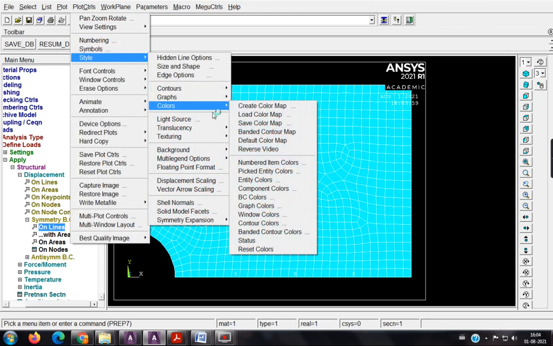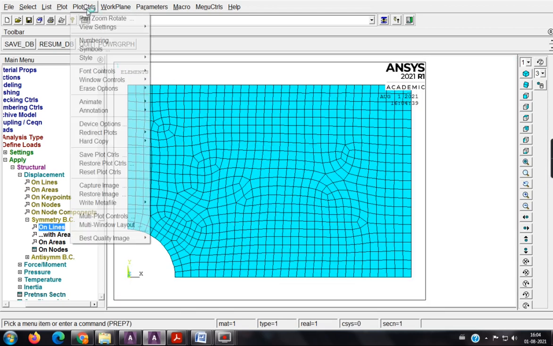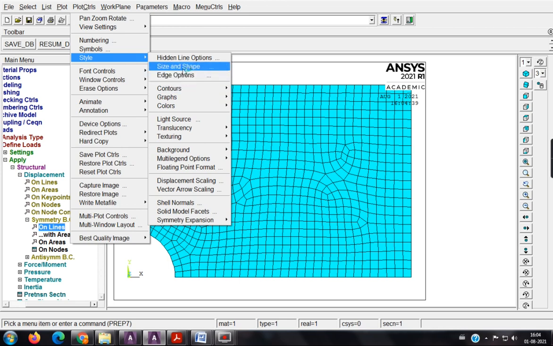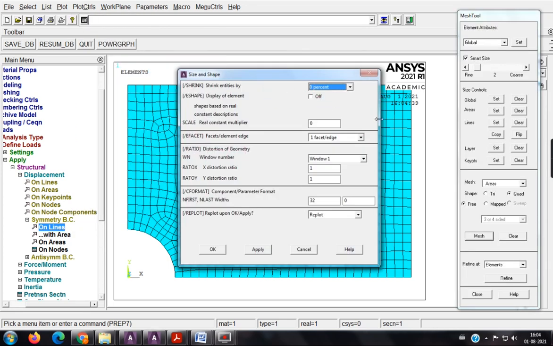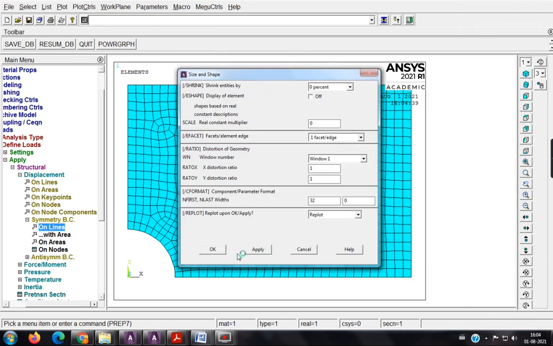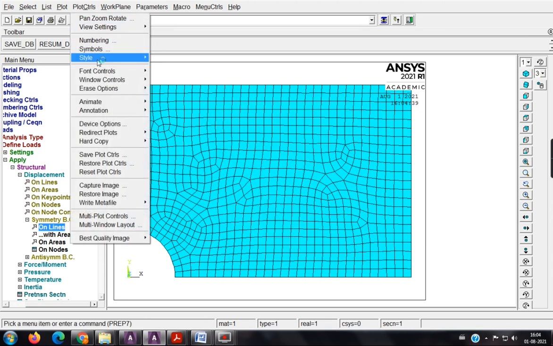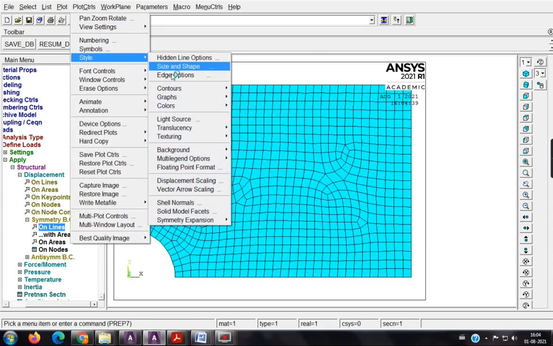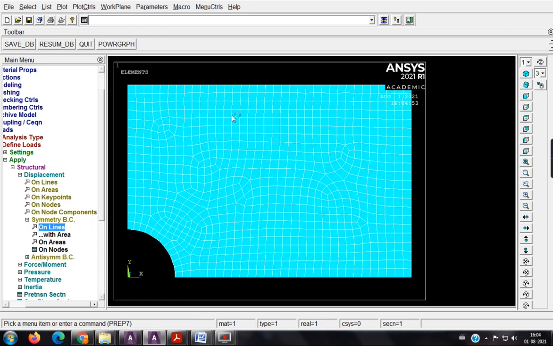Otherwise, I'll change the background and show you. No, it is not visible. Better we change it to black. Plot controls, style, colors, reverse. Okay, so that is also gone.